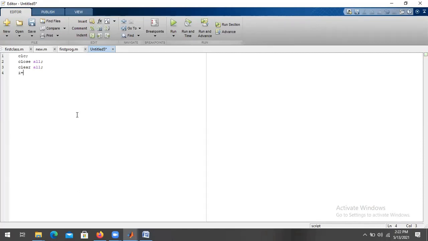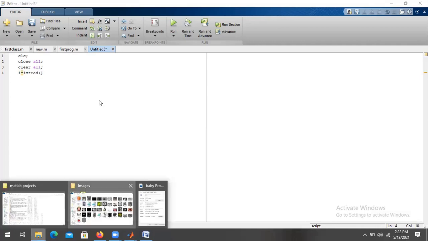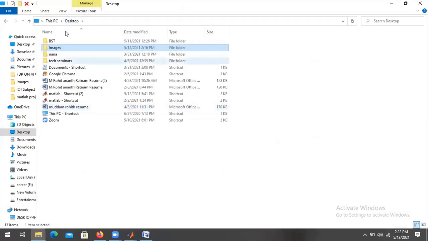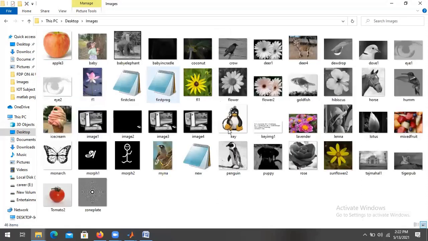So what is the command to read an image? This is imread, and here you should write the path. Students, here is the folder I have created on the desktop, the images folder. In the images folder, I have these many images.